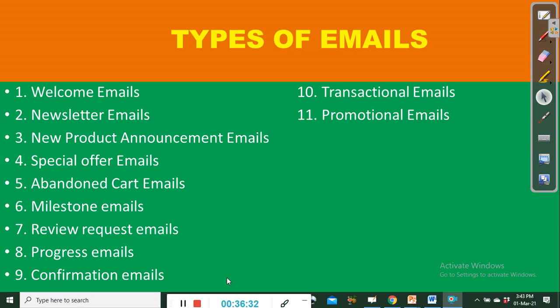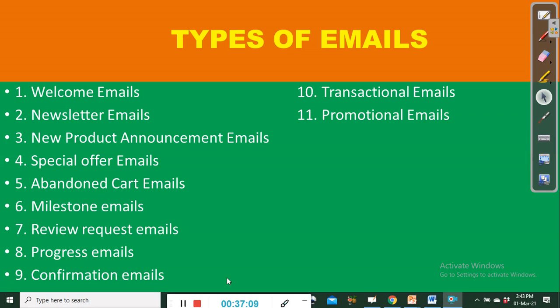Now, the new product announcement email is specifically to announce a new product. The promotional email is sent to promote even existing products and services. All right. And that is exactly what the promotional emails are meant for. They are intended to get the word out about special offers, limited time deals, or exclusive content. You know, promotional emails, as the name implies, are meant to promote your products and services.